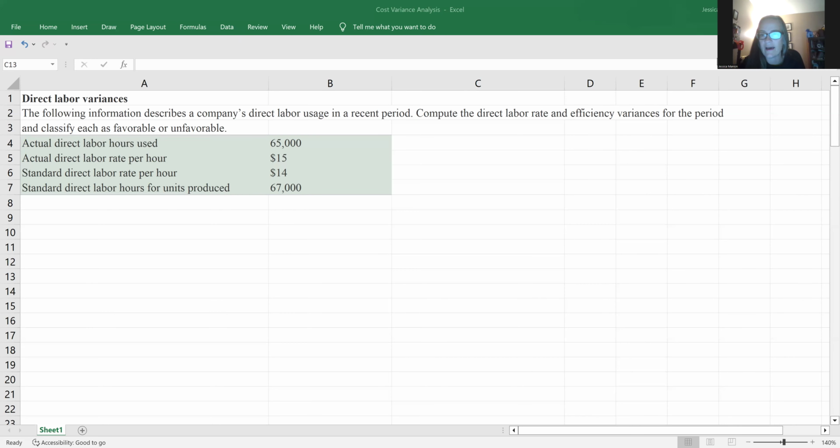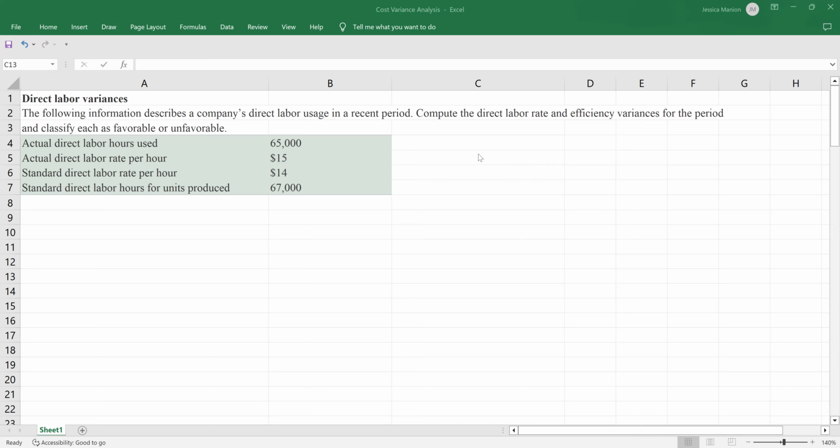So this is the Excel file that we have available to us for this chapter. We started getting some practice with this in class, so we're going to go through the remaining exercises here and get a little bit more practice. This one, I couldn't remember if we plugged the numbers in or not, or if we got to this one in class, so I am going to go ahead and redo it